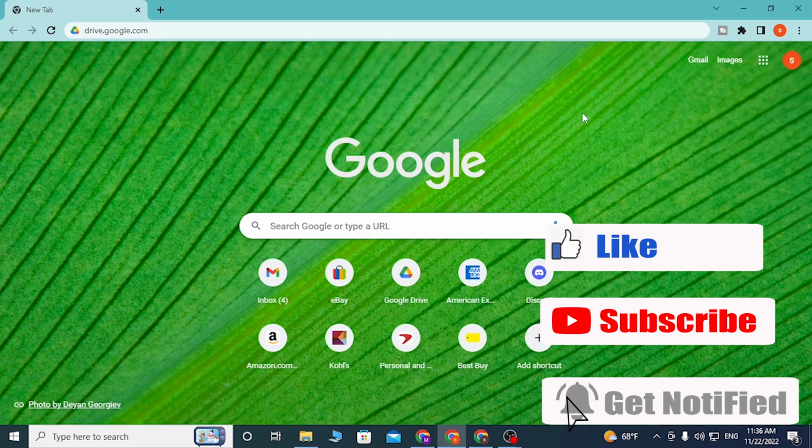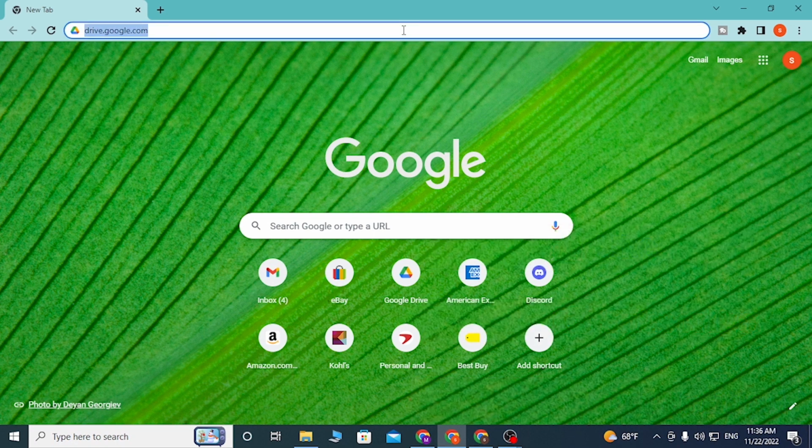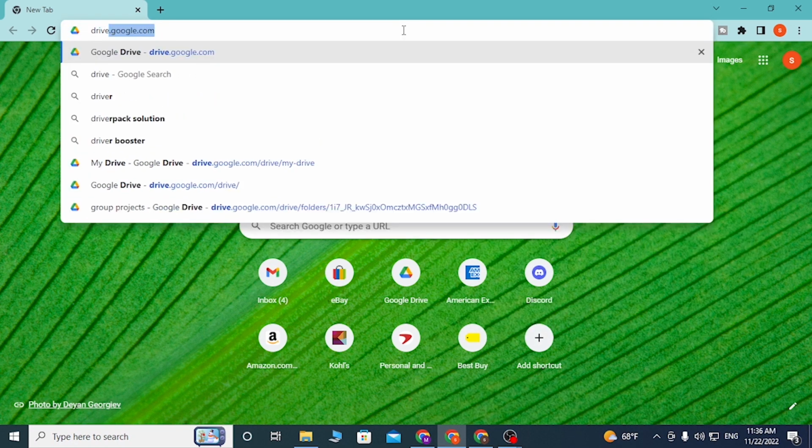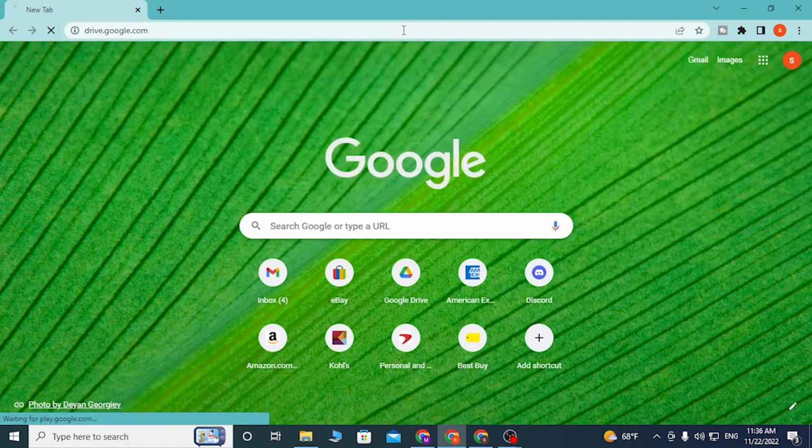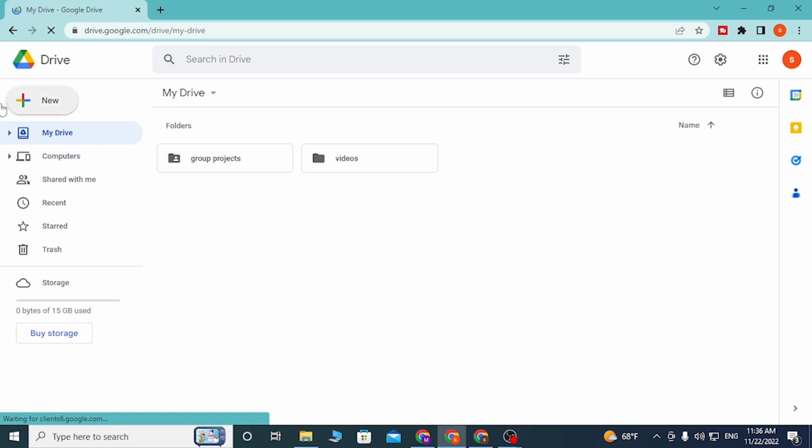and on the search bar click over there and type in drive.google.com like this and hit enter, and after that you'll be directed to this page. But if you have not yet logged into your Google account on your browser, you'll be asked to log into your Google account with which your drive is associated, and after login to your drive account,